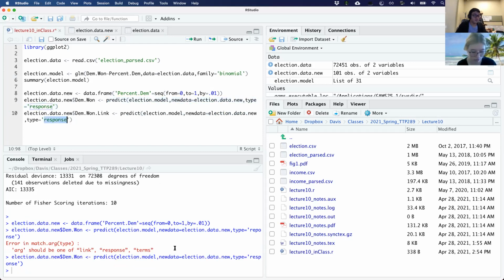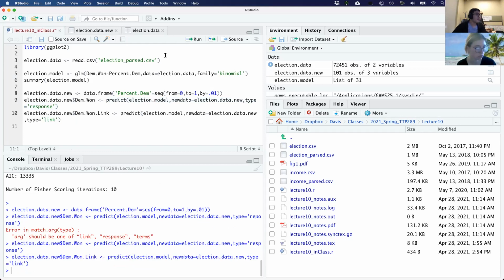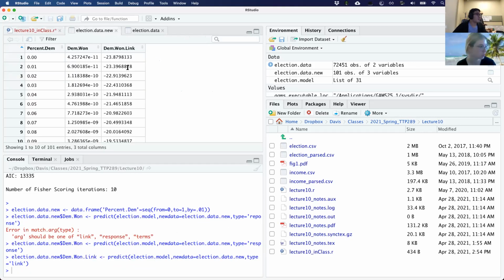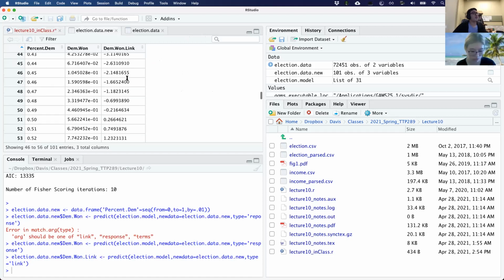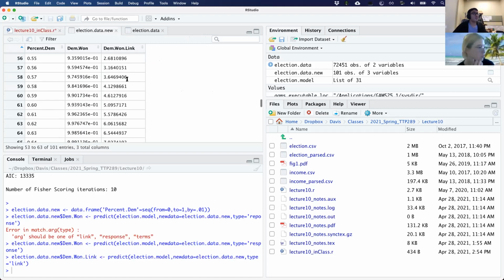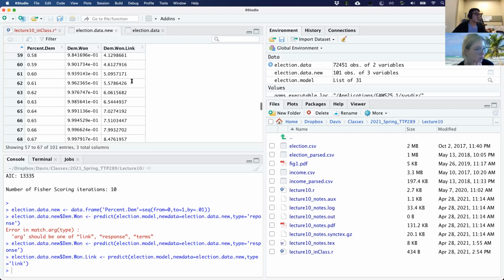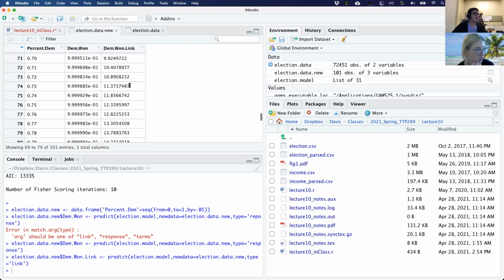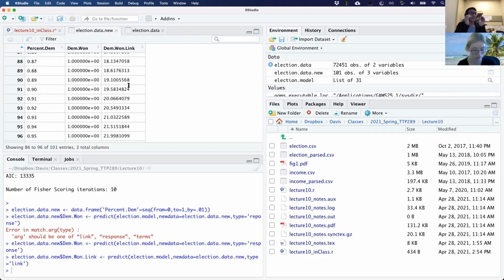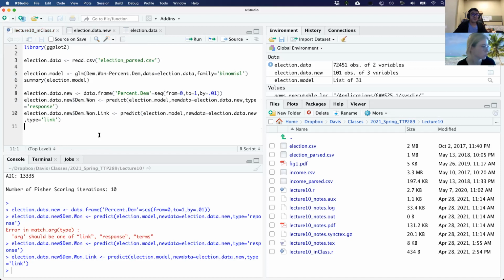As you can see here, if I want to do the link, this is the actual odds ratio at different levels of registered Democrats. If you did want the log p of x over 1 minus p of x term as the outcome instead of the probability, you could see that here. But we're going to be looking at the probability curve.